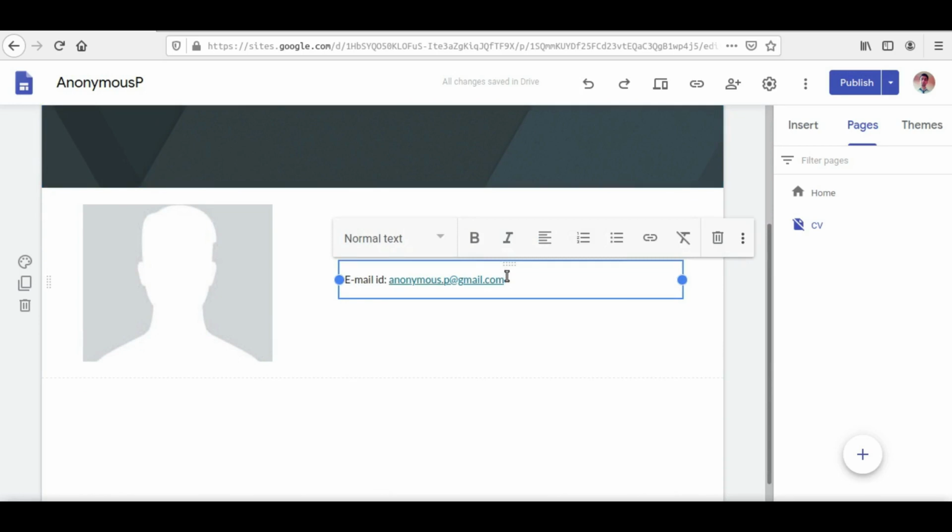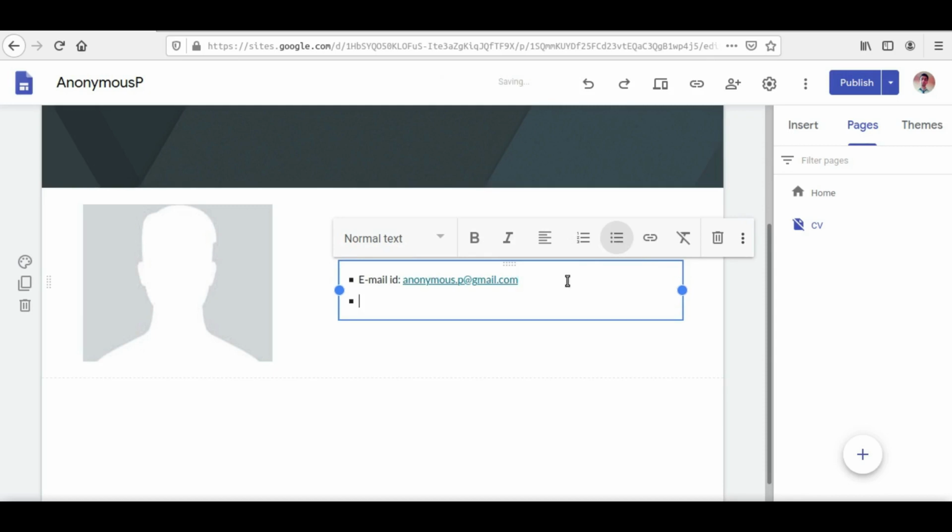Now in professional CVs, this place is supposed to contain a few details like our email ID, our phone number, and our location. Fine, at the least. So this has to be a list of values, a list of elements, right? So in order to make this box contain a list, because email ID also has to be part of that list, we will simply go up to this toolbox, and here there is a numbered list and there is an unnumbered list or bulleted list. We will simply click on the bulleted list option, right? So see, email ID has now turned into a first element of the bulleted list.